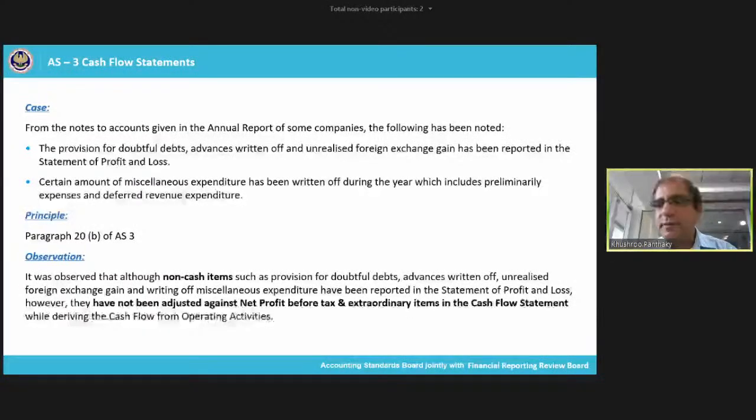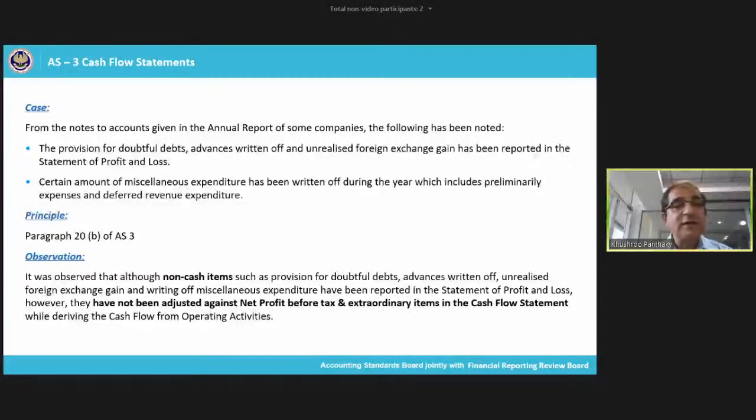Another important error, which we normally see in the notes to accounts in the annual report. What is basically the observation? The observation is, the error is that the provision for doubtful debt. This is basically a note coming in your annual report in the notes to accounts. The provision for doubtful debts, advances written off, an unrealized foreign exchange gain has been reported in the statement of